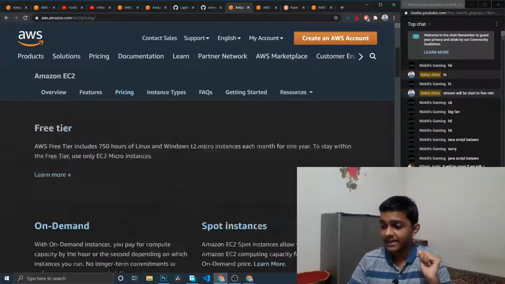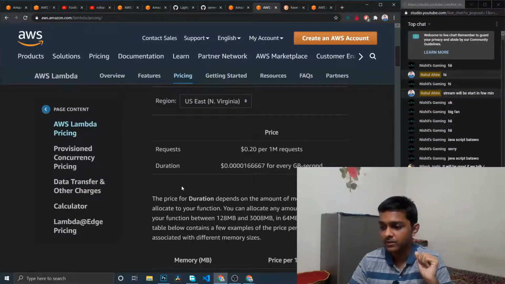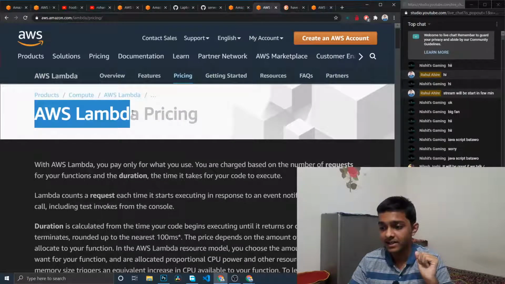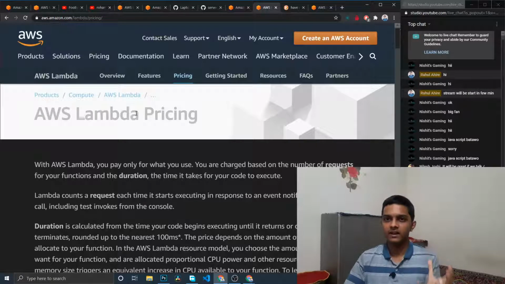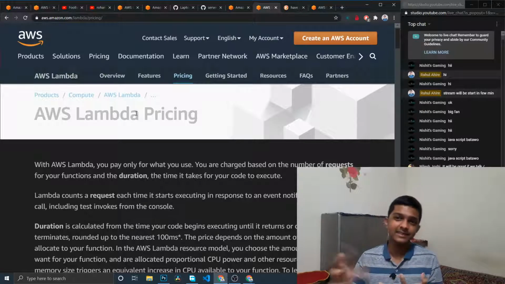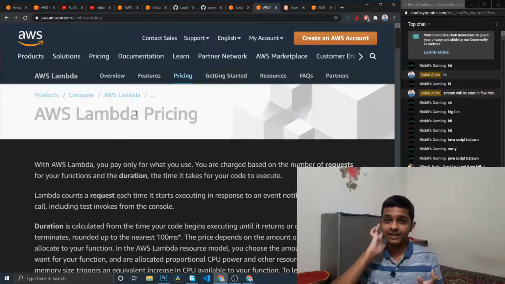The second thing I thought of is a service called Lambda as well. AWS Lambda is a serverless thing. Now what do serverless and instance compare on? The instance is like, you take a server which has 5 GB RAM, 50 GB storage, and let's say two cores or four threads, Intel Core Duo or something like that.